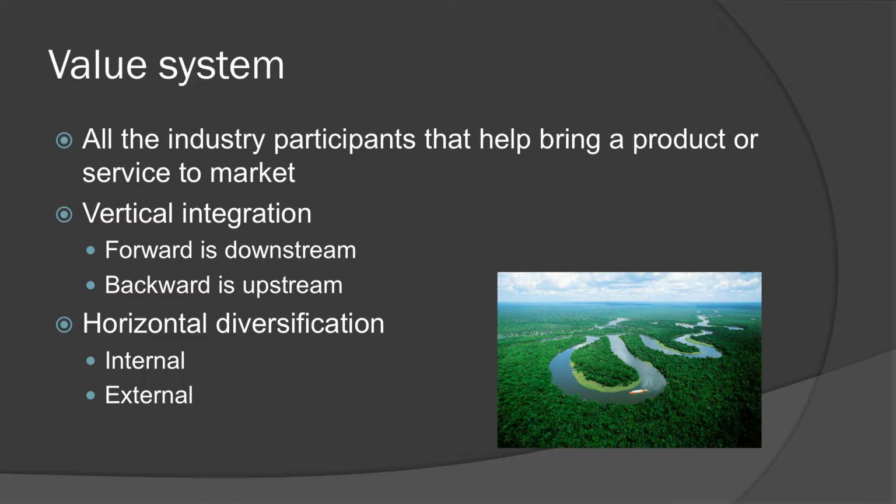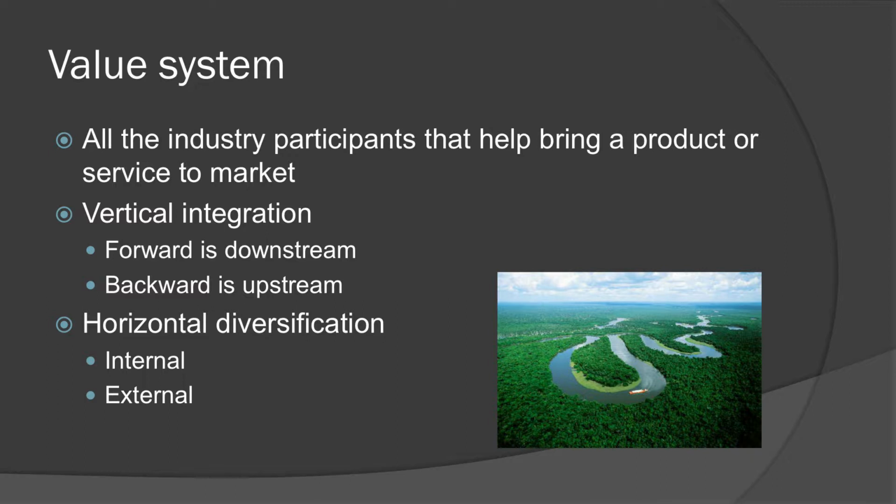Slightly different than profit pool, because if you remember my picture from the previous lecture, we included automobile insurance in the profit pool. And that really has nothing to do with delivering a car from manufacturing to the end customer. Right? So value system is about every step along the way of adding value. That's where the word value system comes from. We'll talk about profit pool in a minute.